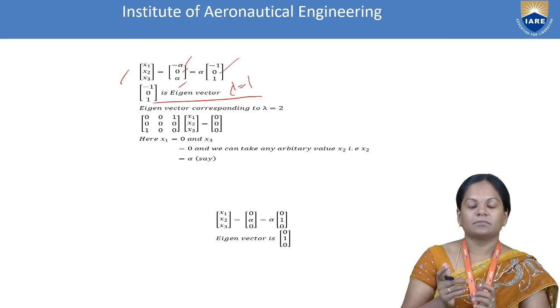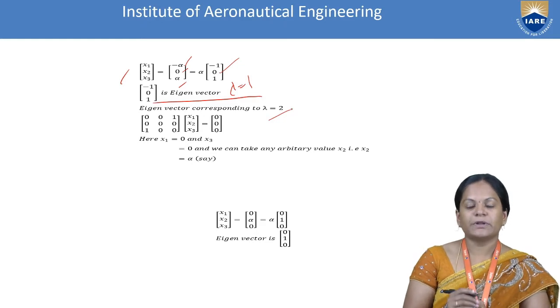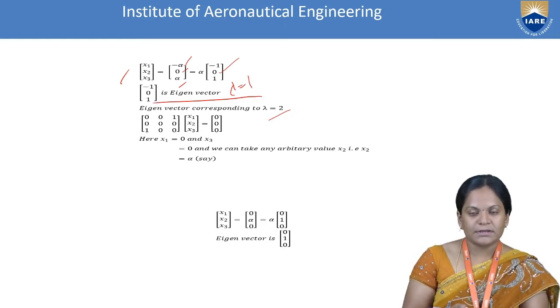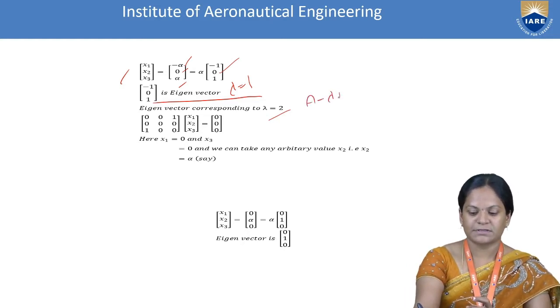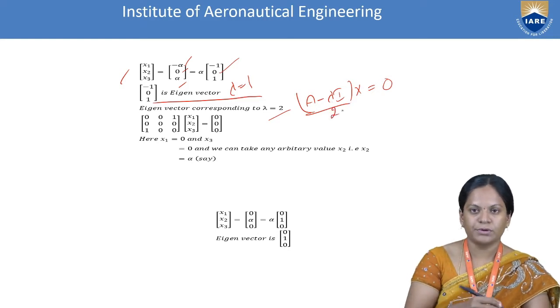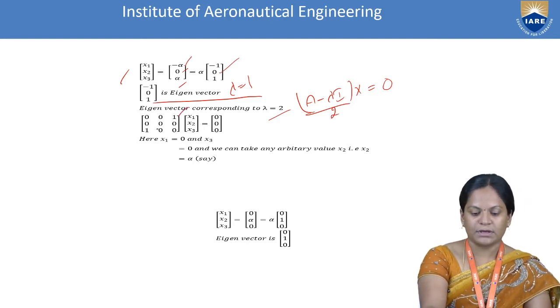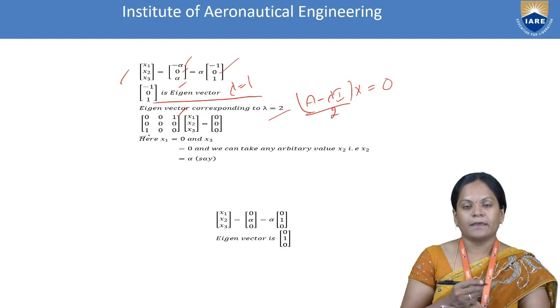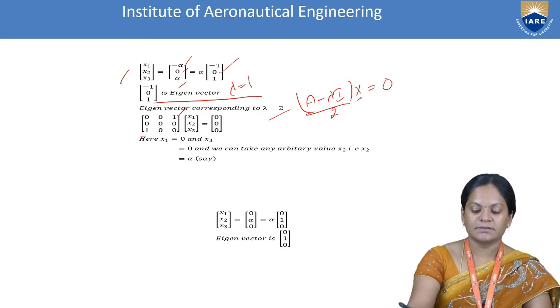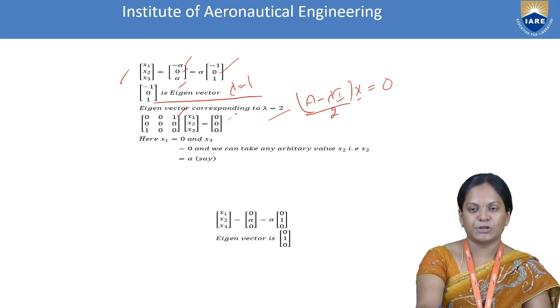So now consider the second eigenvalue, that is lambda equal to 2. So substitute 2 in place of lambda in the characteristic matrix. Generally we have the characteristic matrix, A minus lambda I, of x equal to 0. In place of lambda, now substitute 2. Then the matrix becomes 0, 0, 1. Second row totally 0, 0, 0. And the last row we got 1, 0, 0. And x is the unknown matrix. Let us take x1, x2, x3 equal to 0, 0, 0.